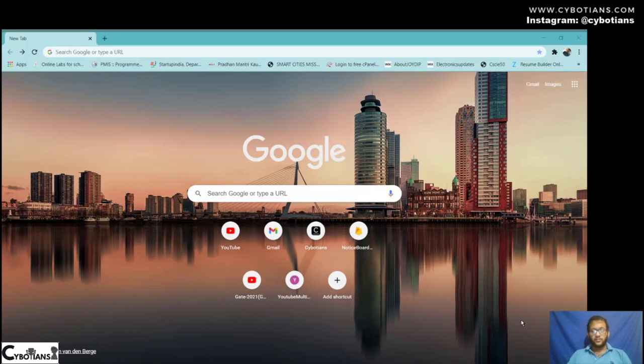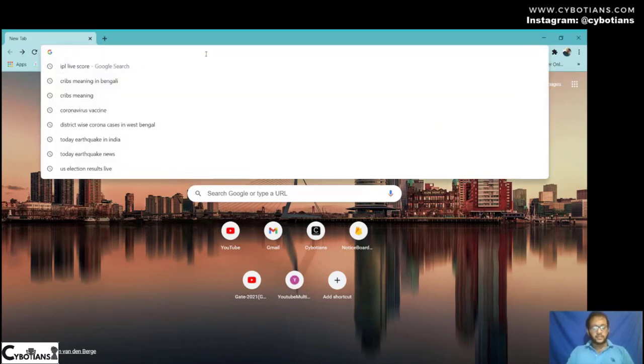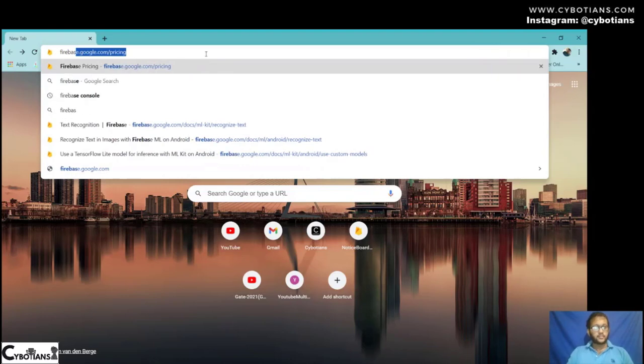Hello everyone, welcome back. In this lecture, we are going to set up our Firebase database. Before setting up, make sure that you have already signed in to your Google account on your browser. As you can see, I am using Google Chrome and I have already signed in on my browser through my Google account. Now let's find the Firebase console